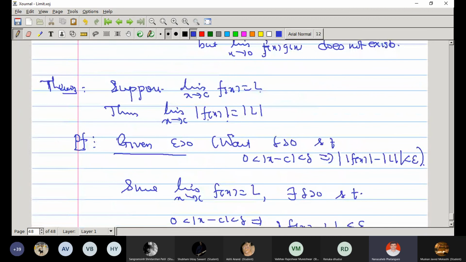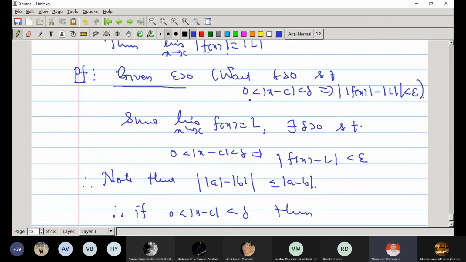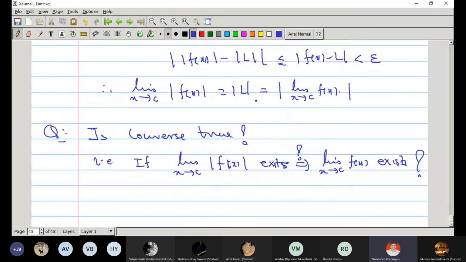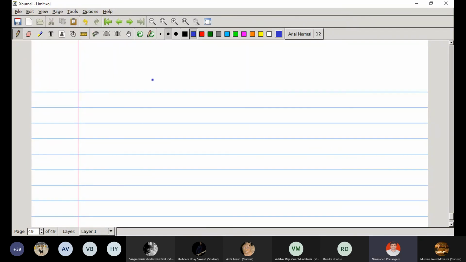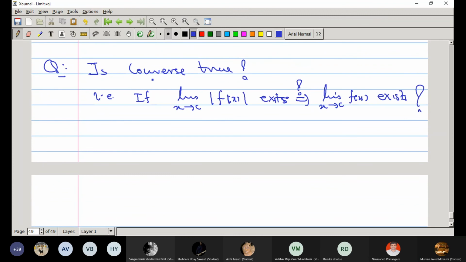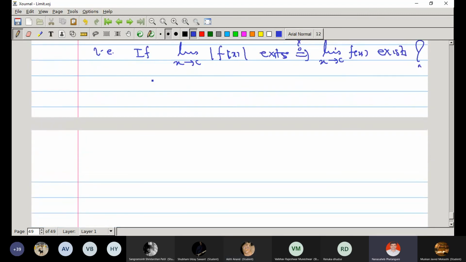What we proved: if the limit of f exists, then the limit of the absolute value function exists. Now what is the converse? What is your guess? Not true. Right, it is in some sense similar to the sequences. So not true. For example,